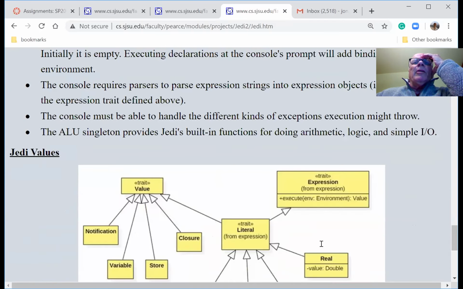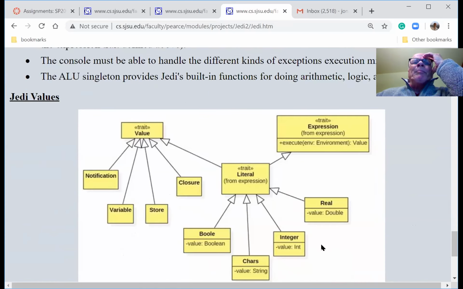So that's kind of an overview. And the thing that's most important for you to grasp right now is this dichotomy. We have expressions which can be executed. You can think of an expression as a kind of query. What is 2 plus 3? And it produces a value over here, which might be an integer or real or something.